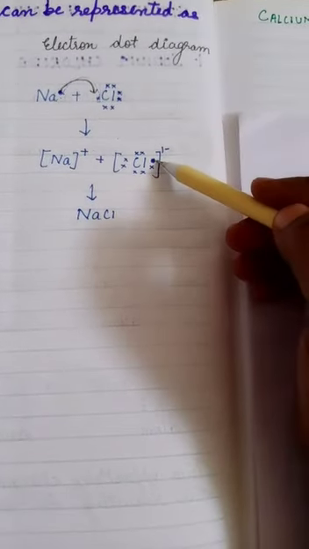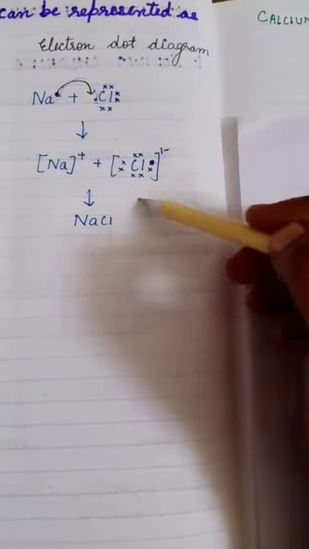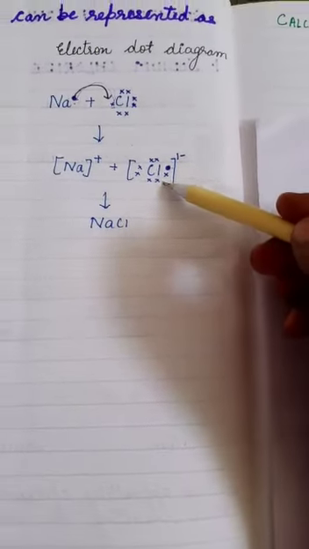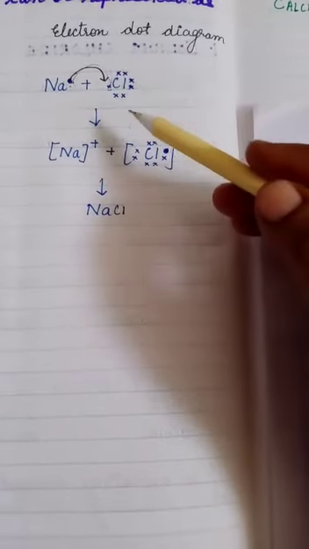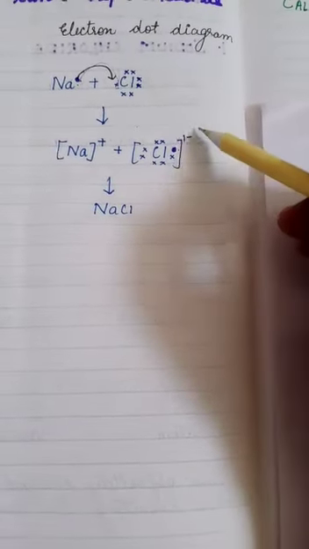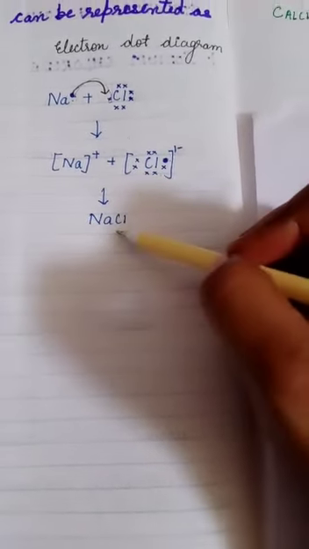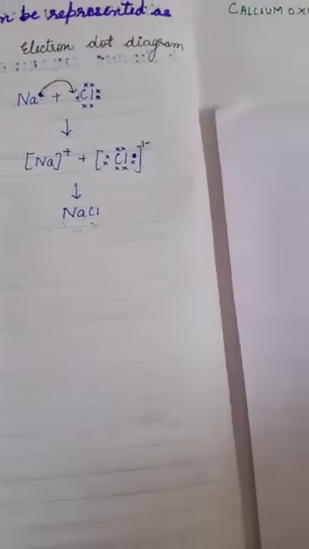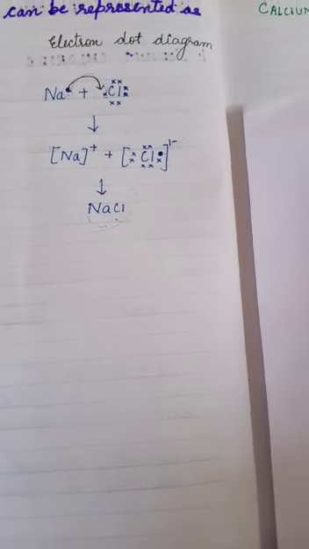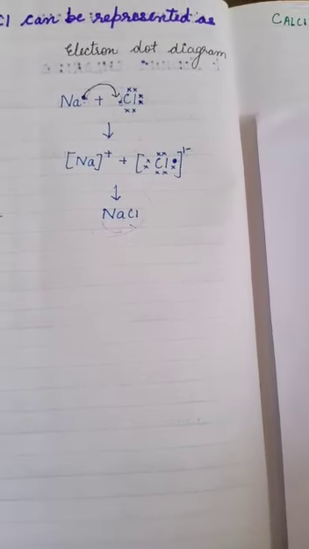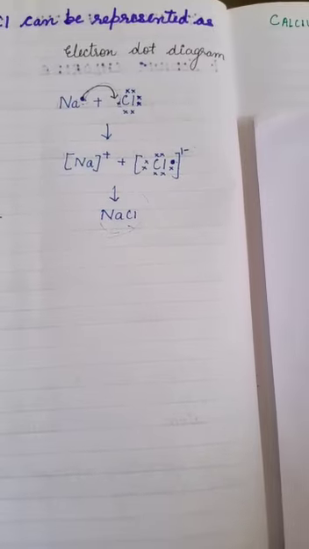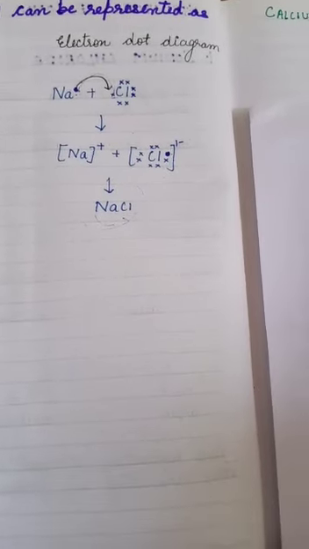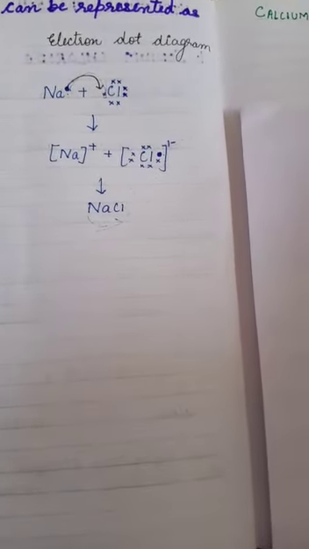So now this diagram will clearly tell you that the cross is of chlorine and the dot is of sodium. So chlorine has gained one electron from sodium and it carries minus one charge. Hence the total compound formed here is NaCl. Are you getting? Now for the other two, you have to do it the same way. For calcium oxide and for magnesium chloride, you have to do it the same way.